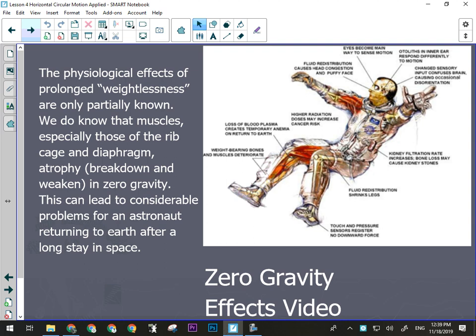The problem comes when you go back to a gravity environment. When you come back to a gravity environment, you're standing on the ground, being pulled into the floor, and the floor is pushing back. You turn your head like this, and your brain, which has been relying on your eyes, says, oh, we're falling, okay? Because the head's going that way, we must be moving towards the ground,